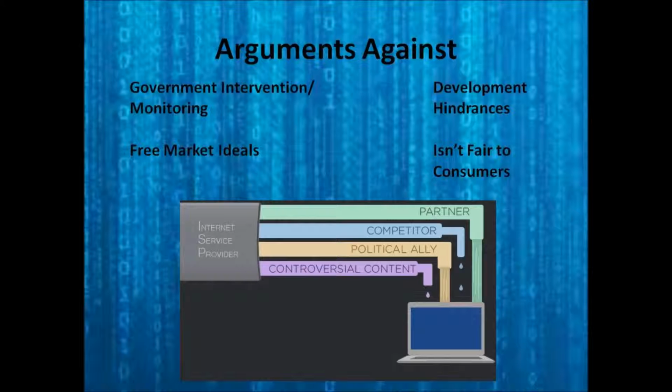By allowing the government to create the internet as a public utility, this means the government will have more control. This is in contrast to free market ideals, the idea that the market will take care of itself. Development will continue. Likewise, making it a public utility will de-incentivize development and cause development of the broadband network to further be delayed. Likewise, they say it isn't fair to consumers.